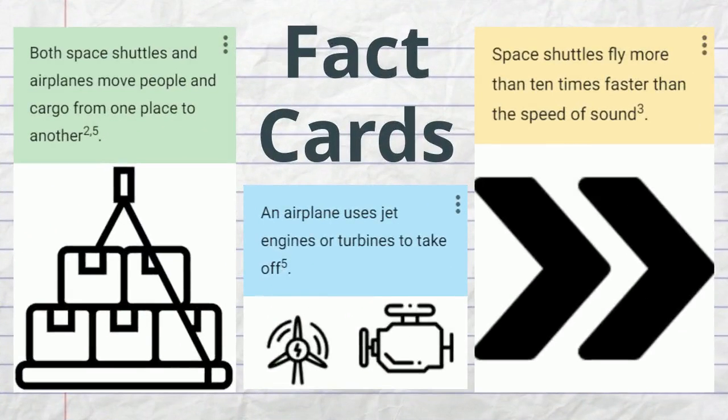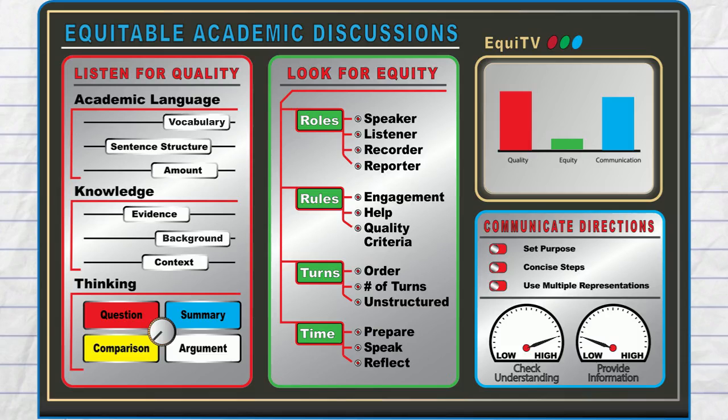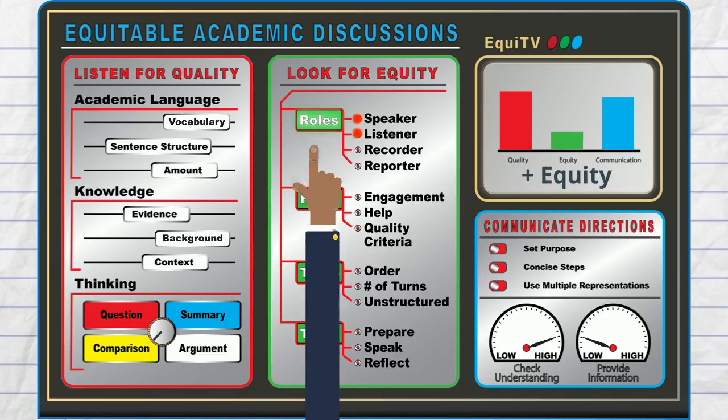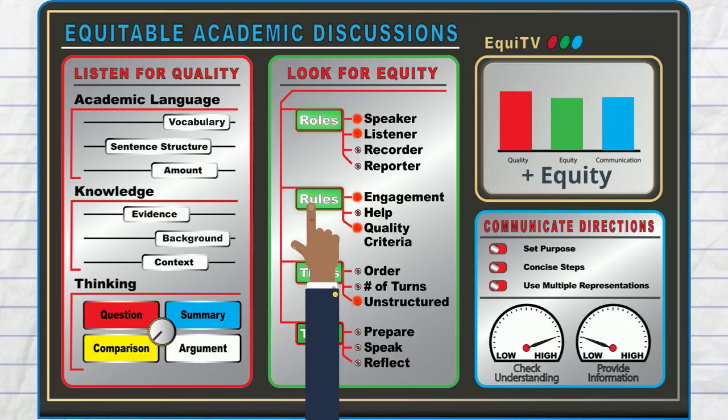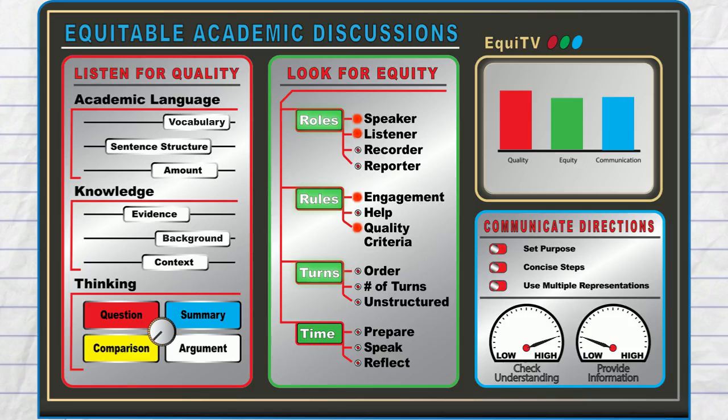After giving students a moment to select a fact card, the teacher asks listeners to jot down the fact that they hear in their partner's response. And then, during an open discussion, partners can provide compliments to each other, noticing the fact that was included in the response. The teacher also times each partner to ensure that all students have enough time to elaborate on their thinking and use the vocabulary and information from the fact card.